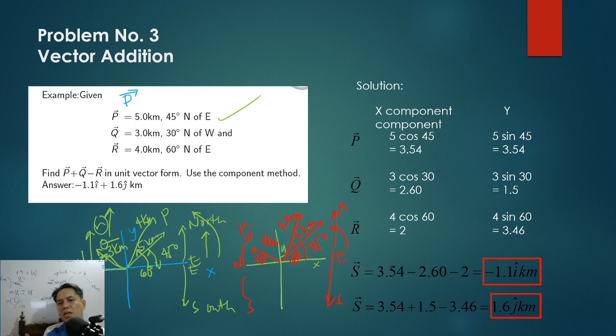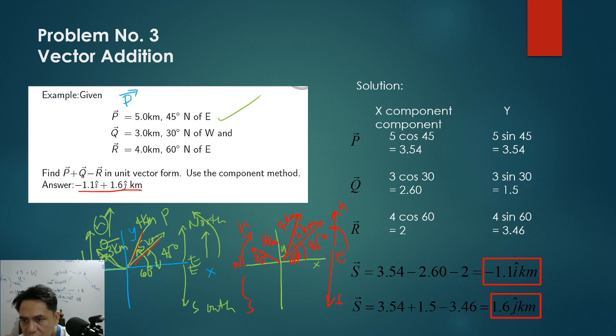Okay, so how do we use that? How do we add all those vectors? So we were given the answer, and the problem is how do we find the answer, right? So P plus Q minus R in unit vector form. So why is this P plus Q minus R? So P and Q are going to the positive side, right? So here is positive in quadrant 1, whereas Q,